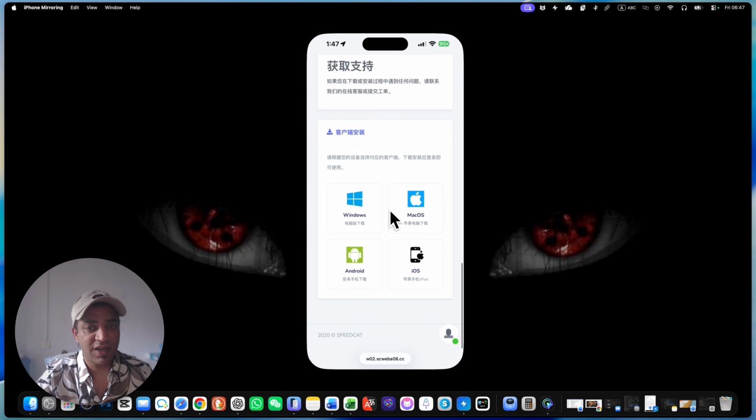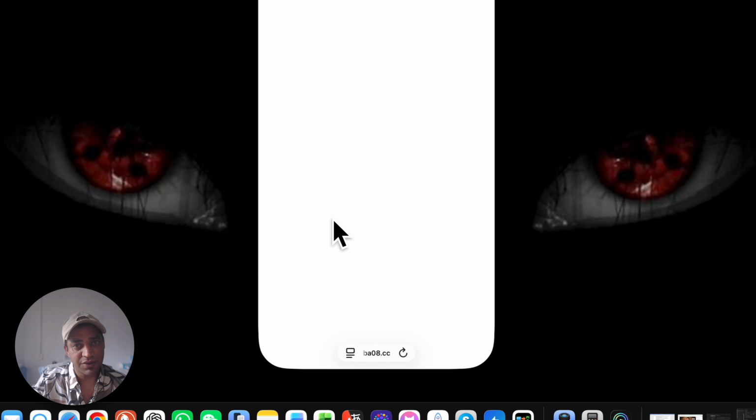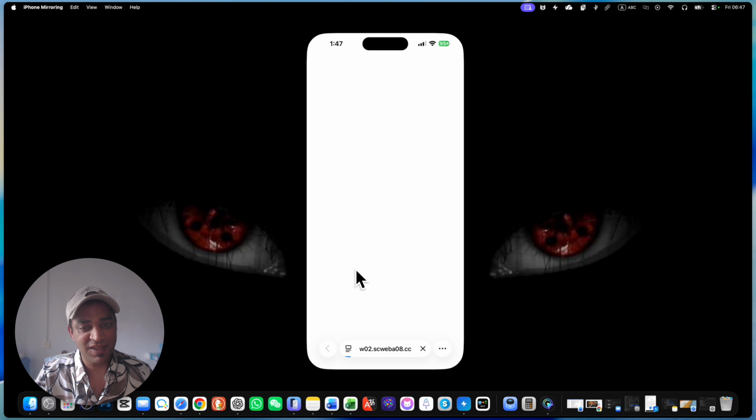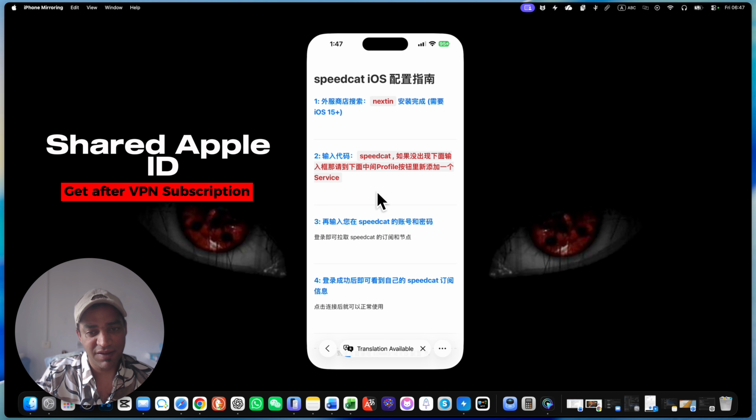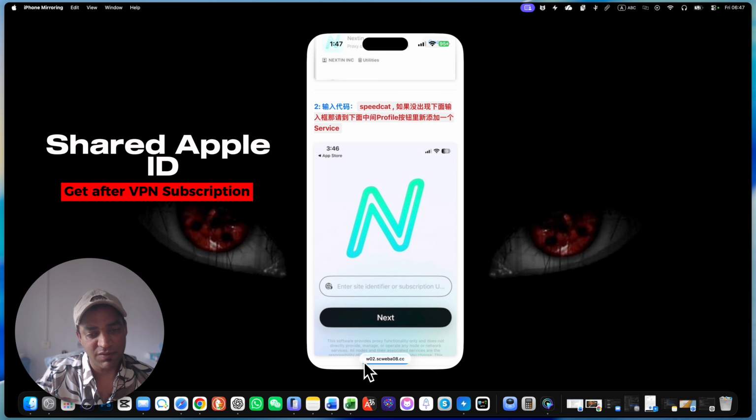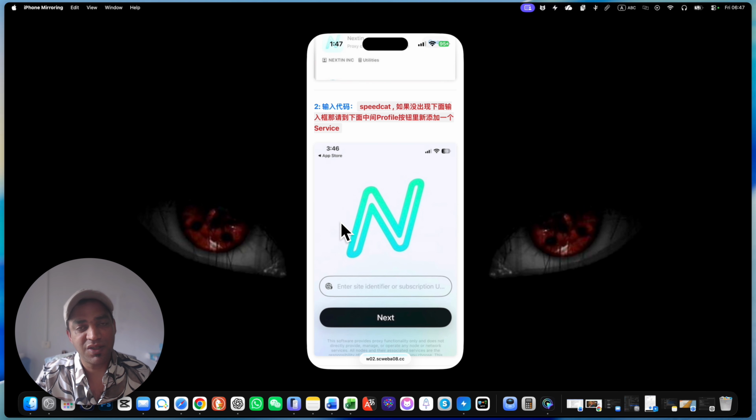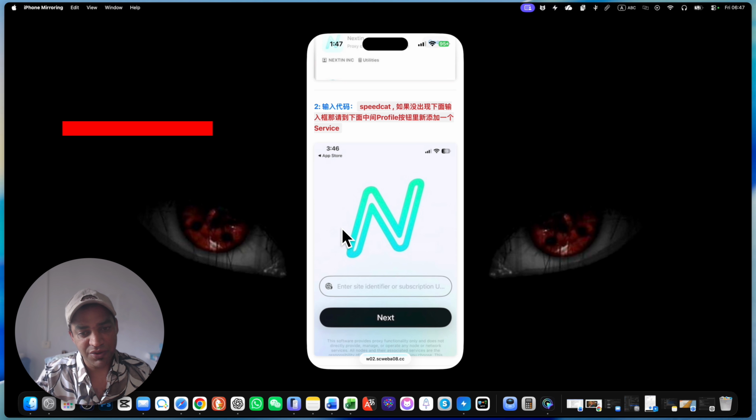Now scroll down and you will see all these apps. It simply means the subscription you got is for all the devices. You can use unlimited devices, no matter if you are a macOS user, Windows user, iOS or an Android. I'm guiding on an iOS device, so here is a tutorial. If you don't have an Apple ID, then an Apple ID is already given here in this tutorial. You can always translate this page,